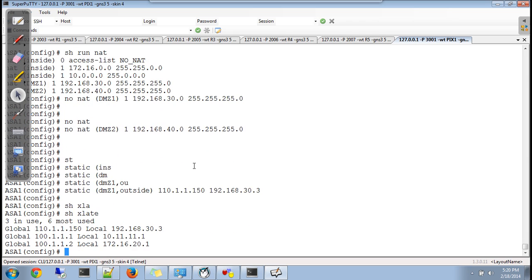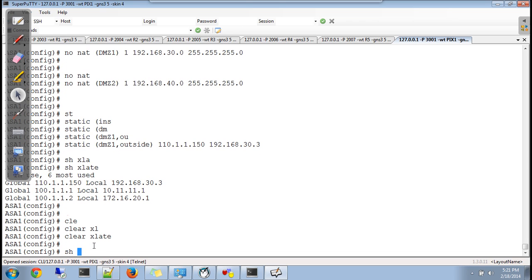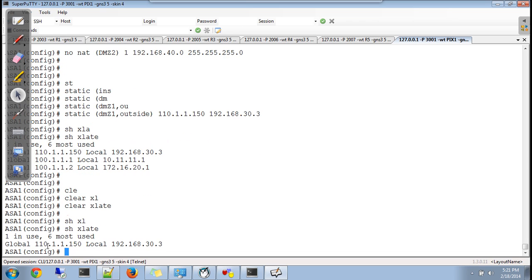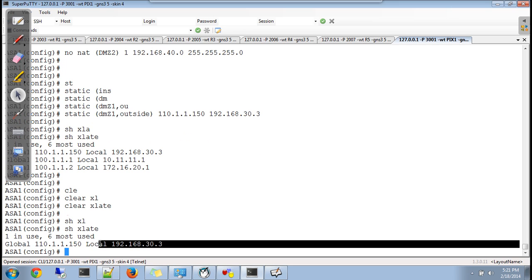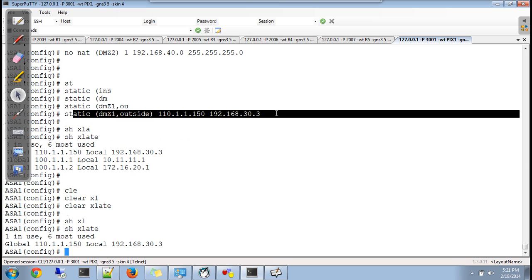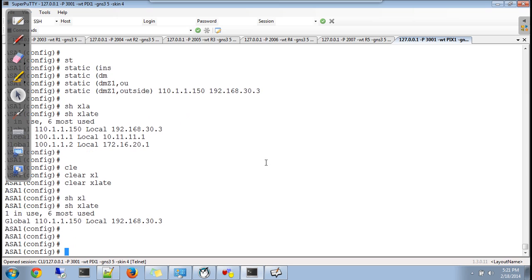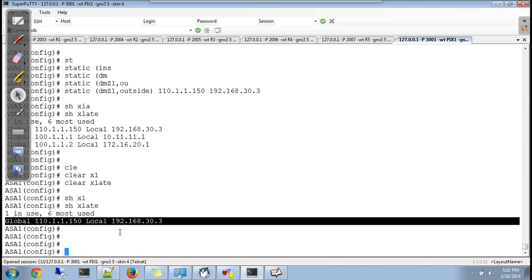You see, even if I clear the table, this entry will still remain there. Why? Just check, this entry is a static one, which we have added now. Only dynamic entries will be cleared, not static. So that's why this entry still exists.